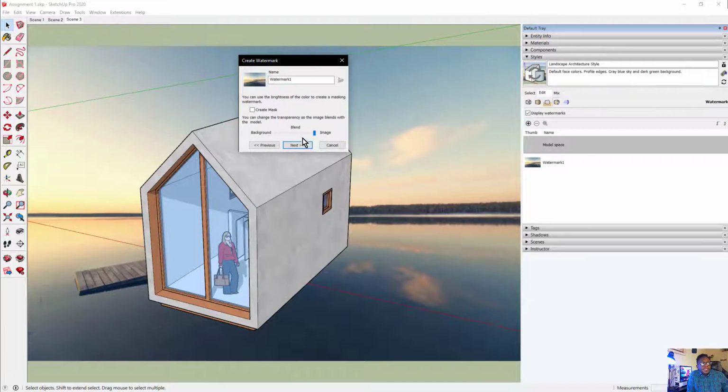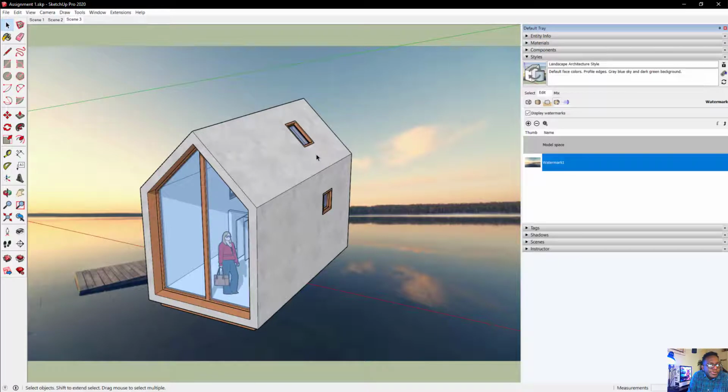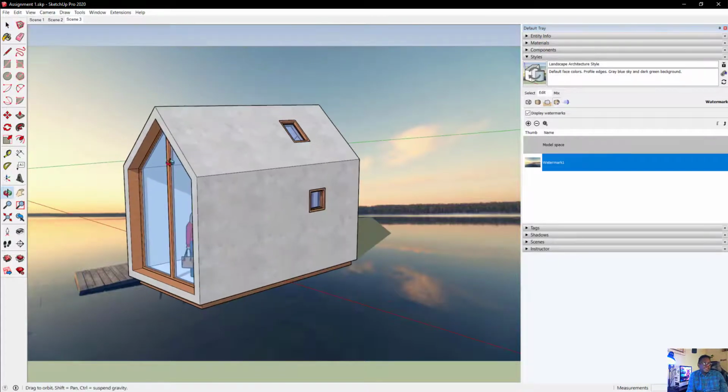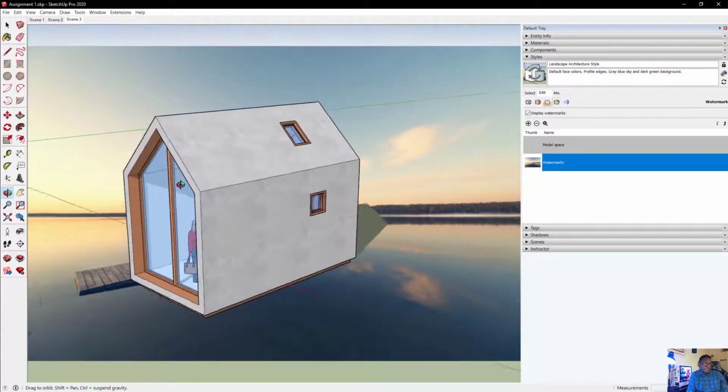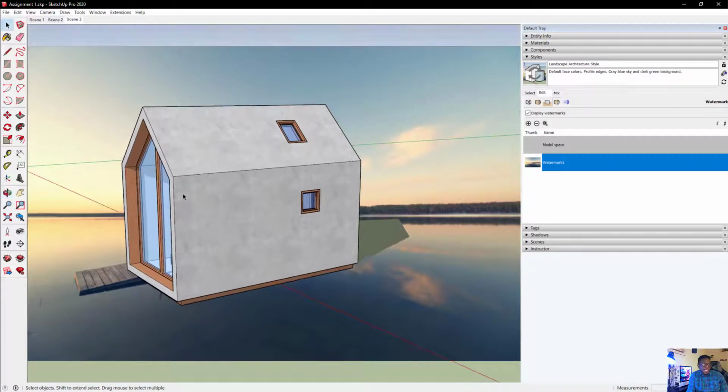Choose finish. Stretch to fit screen. You're gonna lock aspect ratio. Ensure that you do that. And you're gonna choose finish. So now what you're going to do is angle your building so that it lines up with the image, and you're going to do that by panning and zooming and just kind of getting the